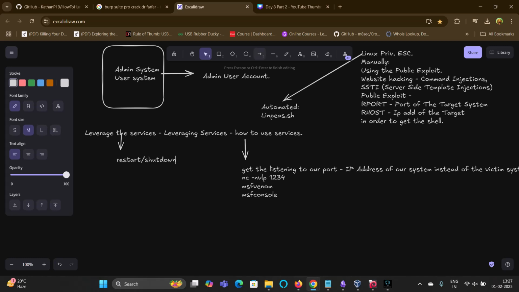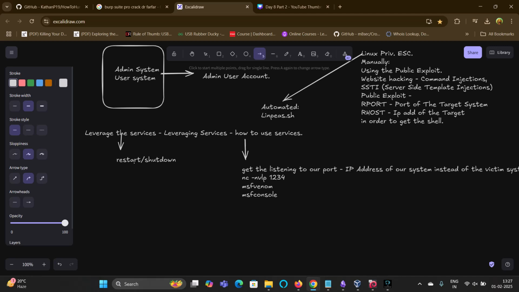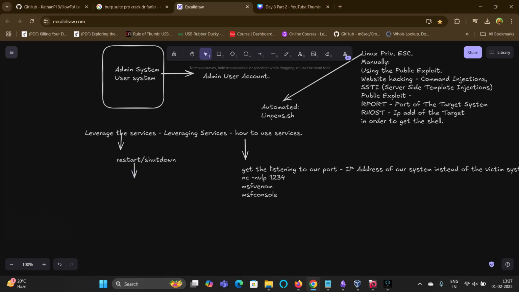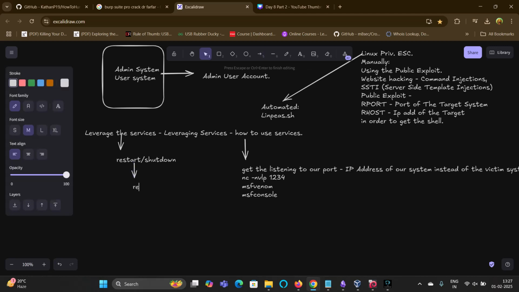If we have this privilege while we are in the system, we can do anything, because if we are able to restart the system, we are able to run things on our own. And if we are shutting down the system, then